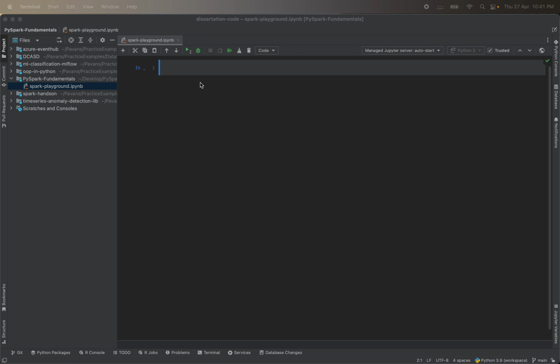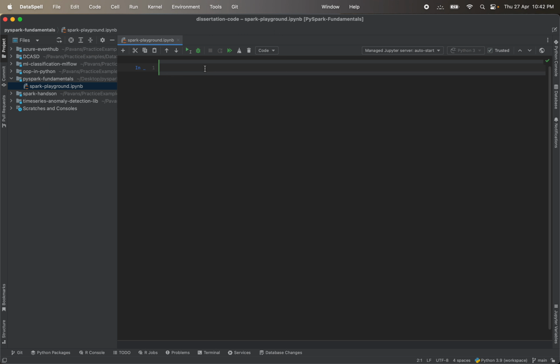Okay, so with that, first of all I'll show you how to create Spark context, and then slowly we will shift on to Spark session. When I say that Spark context is from the earlier versions of Spark, it doesn't mean that it's completely killed, but it's like a deprecated version. You can still use it, but more functionality has been enhanced into Spark session. So better to use Spark session instead of